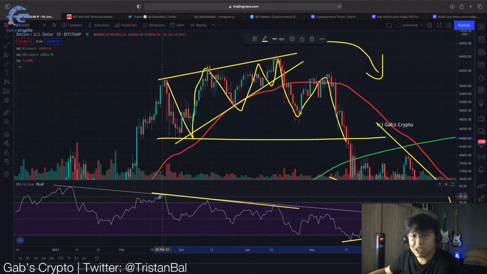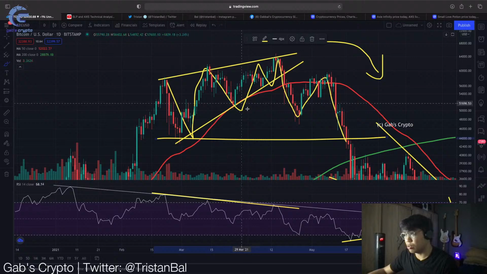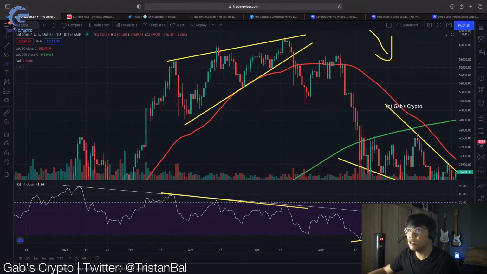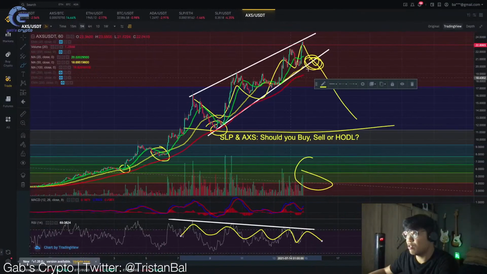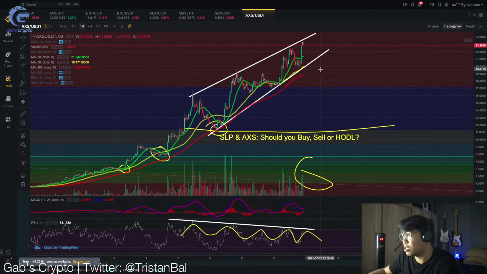At the same time, yung RSI natin is declining. So, if this is the case na susundan natin, this would mean na yung bearish divergence is starting to form dito na for the Axie Infinity token. So right now, if I were you, you should be starting to take profits along the way. So every time na tumataas si Axie Infinity, every time na umaabot tayo dito sa resistance nitong white line, that's where you should be taking profits. Kasi if hindi ka nag-take profit dyan, this would more likely go down. And right now, we are seeing that one play out.